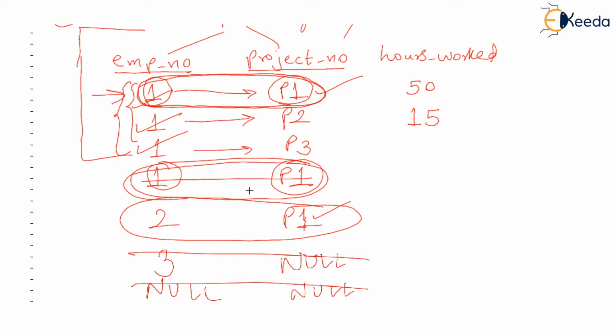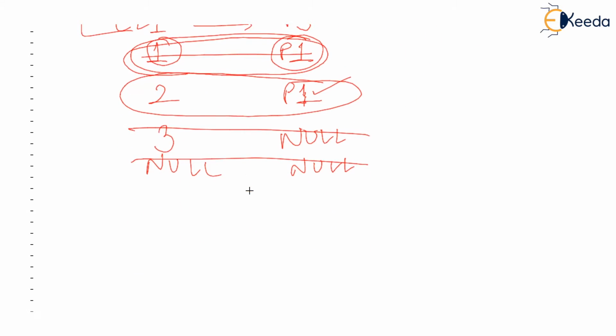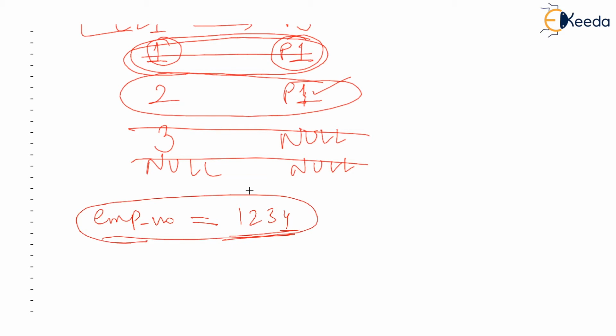Why are primary keys important? See that, leave aside DBMS for some time. Primary keys are important in real life. In any organization, why do you give a number to an employee? Because only if the number is told to us, there is an employee number 1, 2, 3, 4. This is the number of the employee. If the number is given, then we can find out all other attributes of that employee.